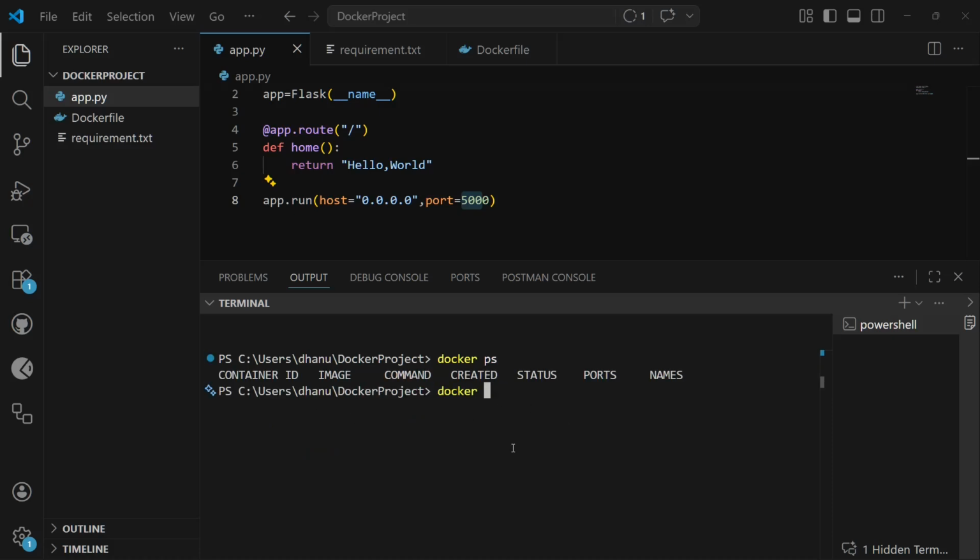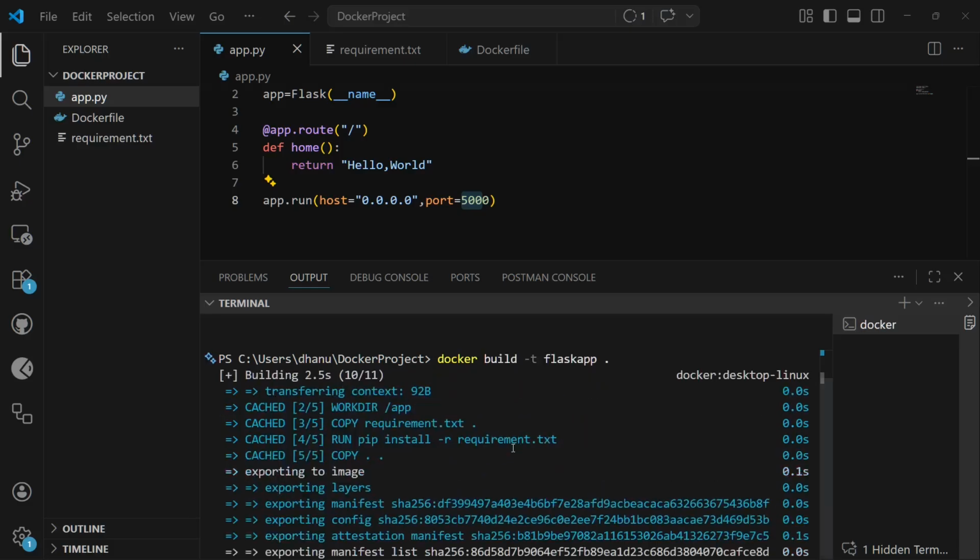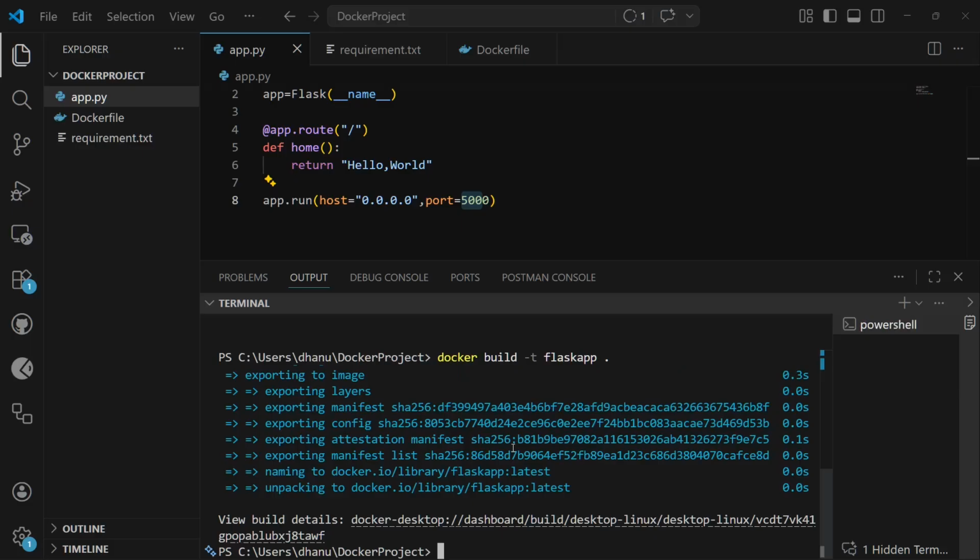So how to build the container? docker build -t flask-app space dot. So this will build the container. Next, how to run the container? It's actually easy. docker run -p 5000:5000. 5000 is the inner port, and 5000 is the outside port.